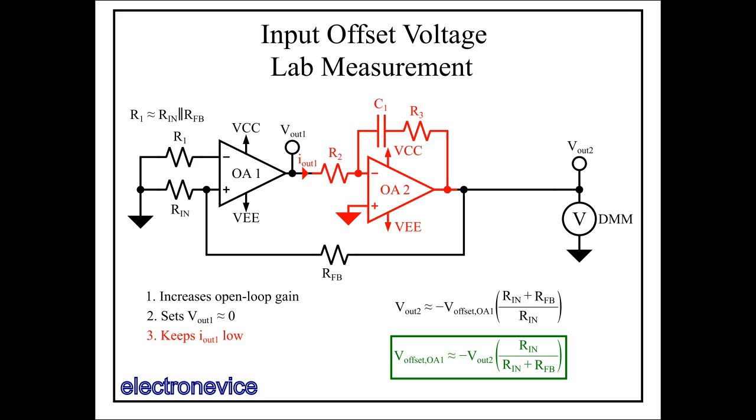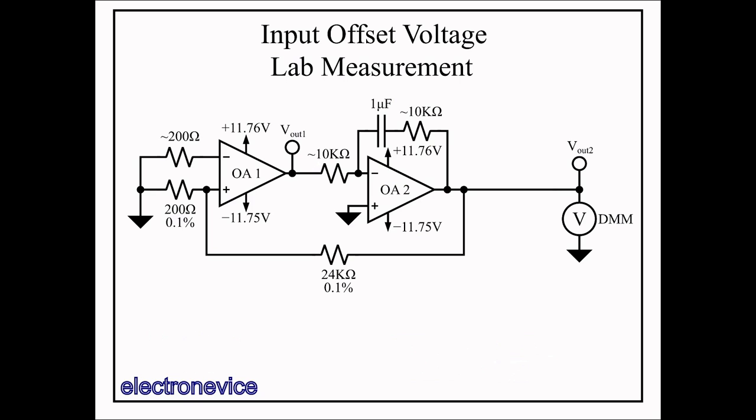In general, a loaded op-amp, especially one with a resistive load, will have a lower gain and may have altered offset characteristics, so you want to eliminate that effect so you can control it separately. If you want to measure the effect of load current on the input offset voltage, you can add a separate load on the output of OA1 to measure that dependency. We'll leave the analysis there, and I will take a deeper dive into all the sources of error in this circuit in a later video once we've introduced all of the op-amp non-idealities.